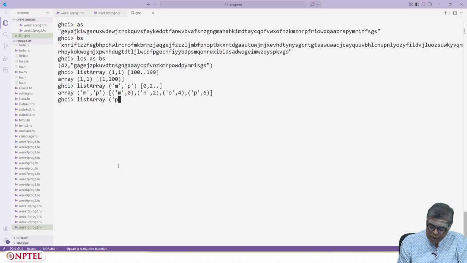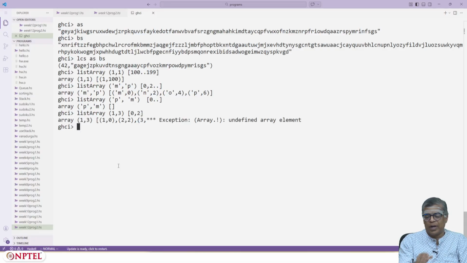If I say P, M, I want all elements that are greater than or equal to P and less than or equal to M. There are no such, and even if I give an infinite list here, I should get the empty array as a result. And finally, listArray (1, 3) of (0, 2) here will provide an exception, right? It says that there is an undefined array element. Okay, good. So when you use listArray, you should make sure that the list which you are converting to an array has as many elements as there are positions, indices in the array.